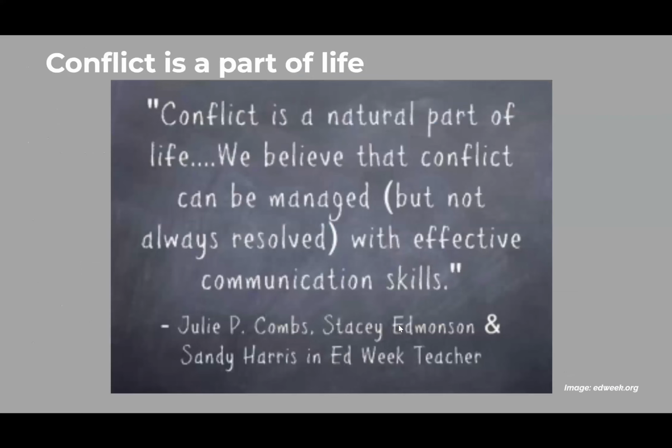I like this quote. This is more like an education kind of realm, but it's applicable to all, right? It's just, conflict's a part of life, right? And it's a normal part of the cycle of life. And it can be managed, right? There's not always a resolution, maybe not always resolved with effective communication skills. So I think we're going to talk about some of the ways to deal with conflict and how to become more adept at doing that. And ultimately it comes down to, in large part,